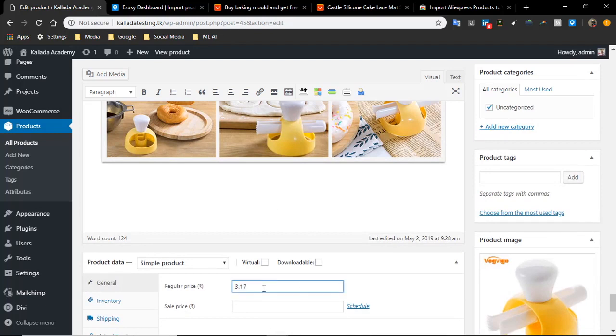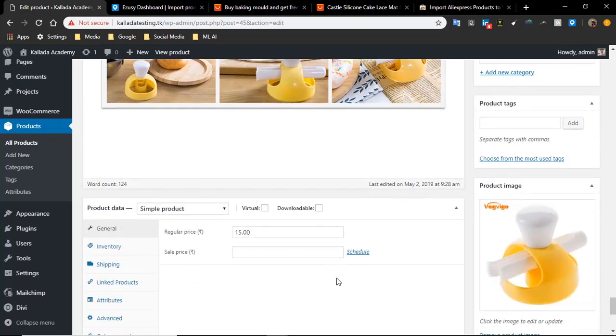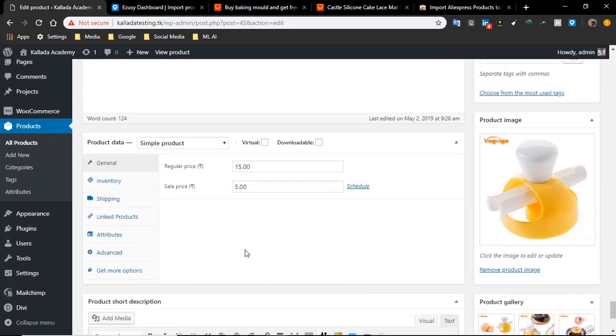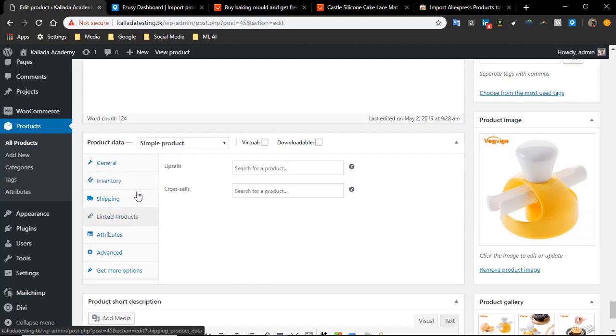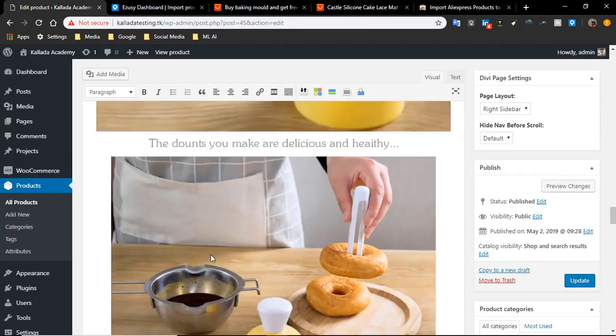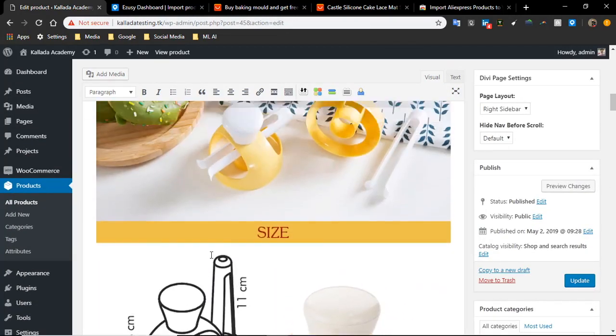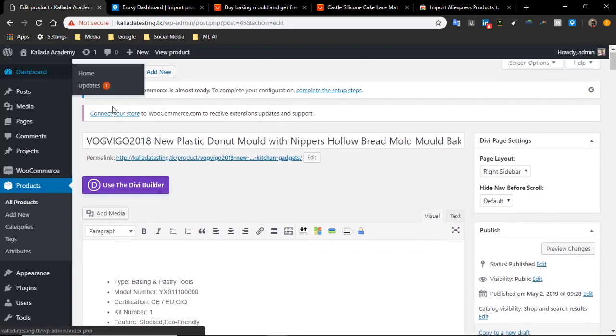You can increase it to whatever price you feel like, keeping in mind that you have to get your profits. So let's say you will put it as 15 rupees and the sale price can be 10 rupees, and then later you can schedule the sale also. So that is another feature where you can schedule the sale from so and so date to another date. So other than the price, you will see many features like the stock that is there and a lot of additional features which you might require or might not require depending on what your store is. So that is pretty much about product editing.